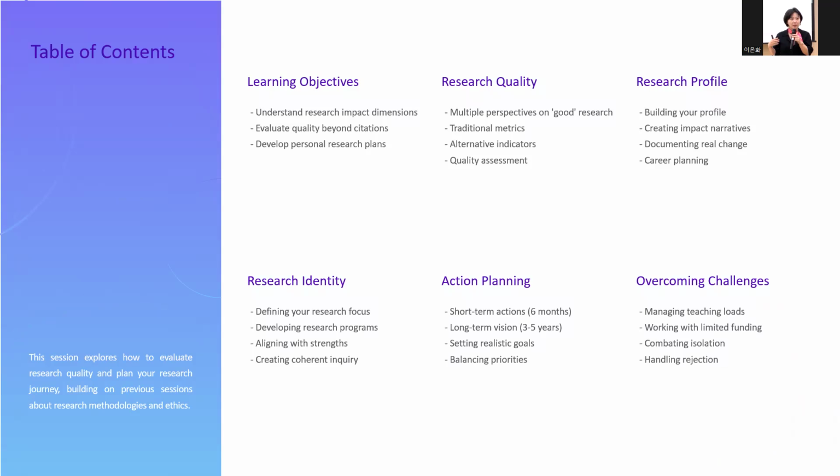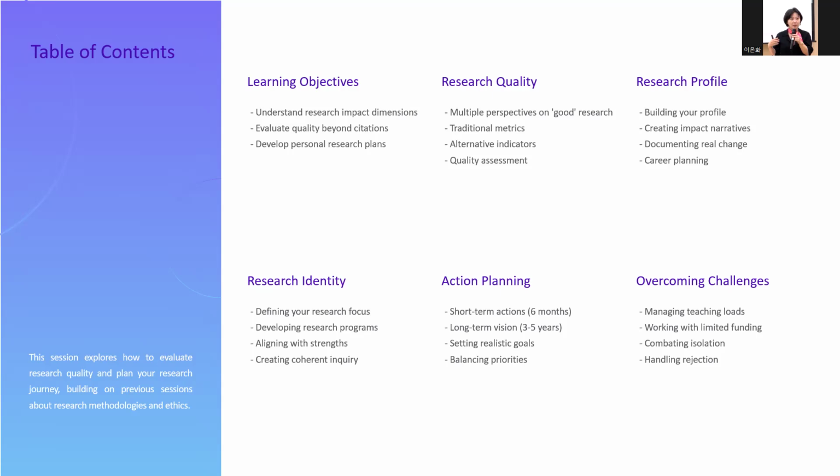Let me give you an overview of what we will cover this session. As you can see, we have 6 main topics. First, we'll talk about research quality: what makes research good and how we measure it beyond just counting citations. Second, we will discuss your research profile, how to build your presence as a researcher and document the real impact